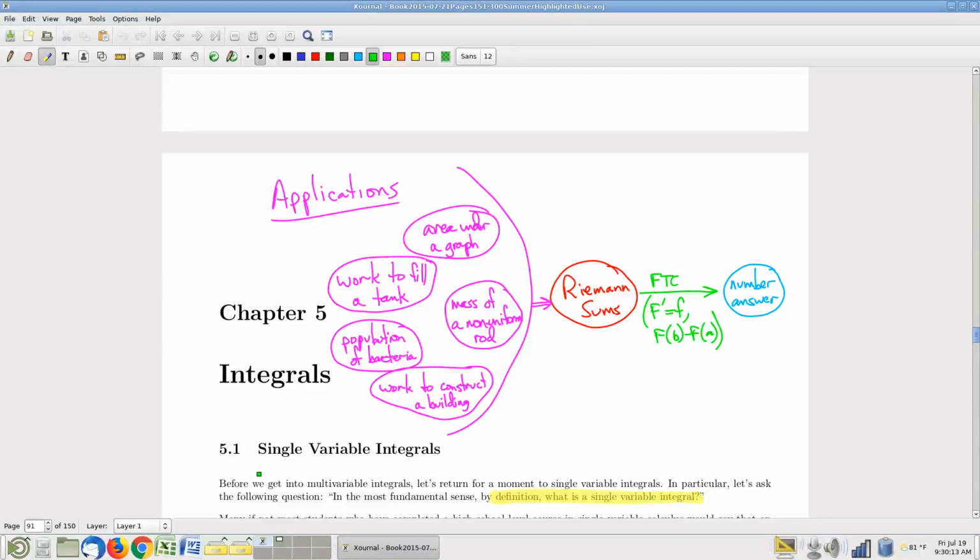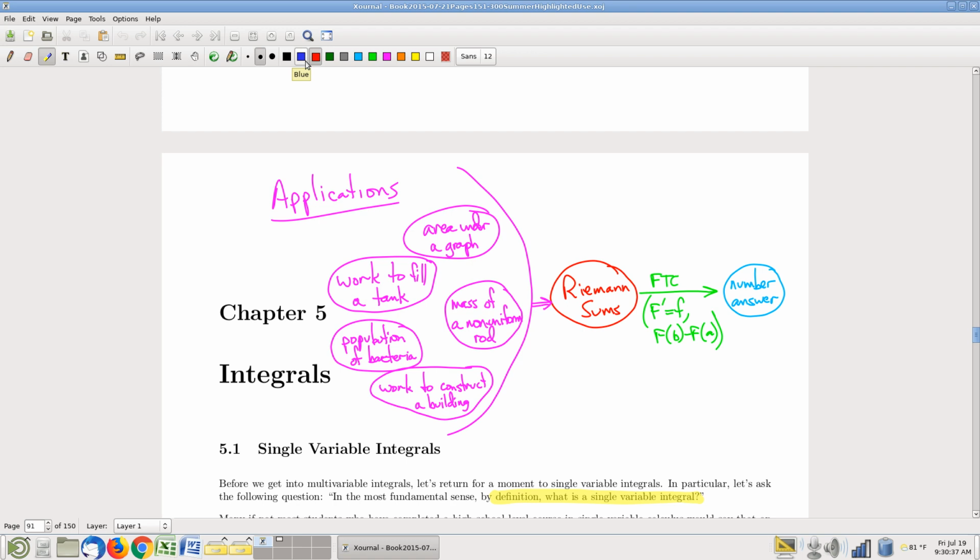Okay, so here's what we were talking about last time. We were talking about integrals. I spent a bunch of time talking about single variable integrals, just to remind everybody of what point of view to take: what's the definition of an integral, how to think about it, and why this is important. I'm not going to go through all that again because it's a long